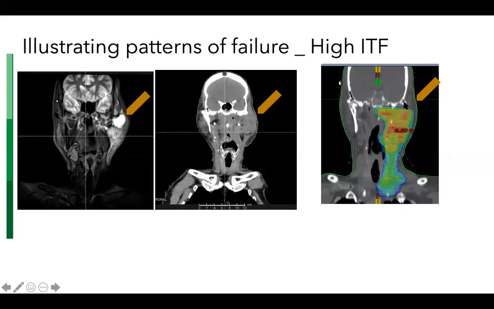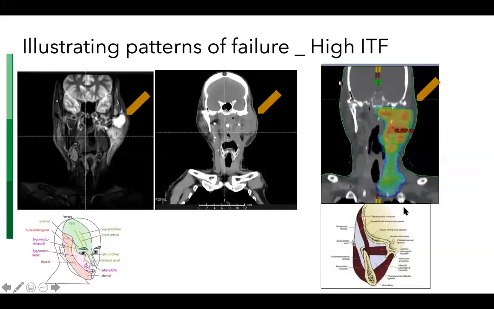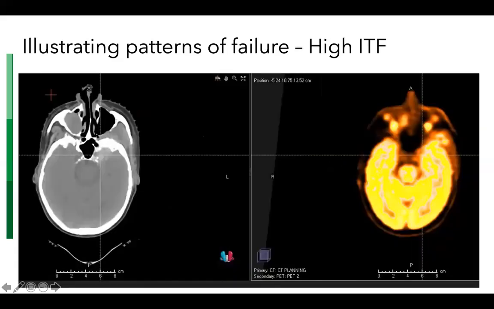He had an upper alveolar lesion. And you can see why. So if this is the temporalis muscle, it's going to track along the temporalis muscle and reach here. So that is how this patient has failed in this area. This is another failure. You can see the pterygopalatine fissure, superior to that the cavernous sinus, and so we see this failure. The radiation dose was just a cut below this, but actually this patient had a failure right inside.